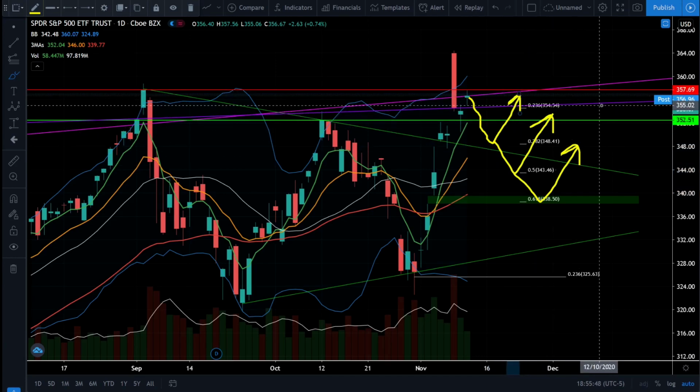Patience is the name of this game, and those that have the most patience are going to get the best entries and will have the most clarity on this market. Right now it's going up in a straight line and it's going high flying in a short amount of time. So we just want to be patient and we want to wait for that cool off and that eventual dip that we know we're going to get.